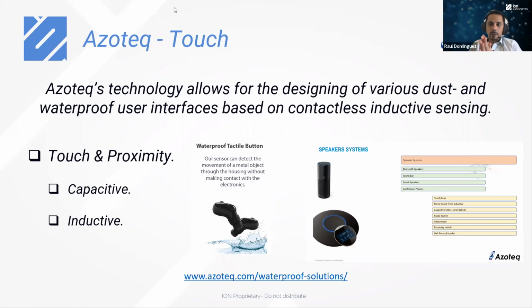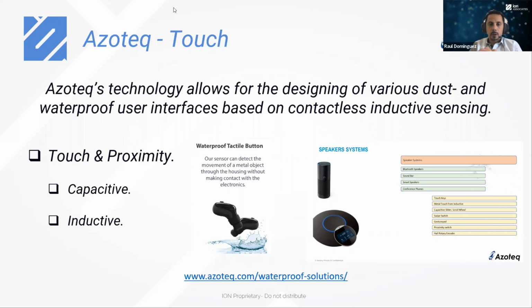So whenever you will be using any audio device, most likely you will need to control it. That means you need to select things, move, touch, like buttons. But now with the reduced size and the enhanced functionality, normally we find that all of them are touch. With Azoteq, we have two types of technology. One is capacitive and the other is inductive. The capacitive is the normal thing that we see when using a smartphone, that we can select, scroll, do several things with our fingers.